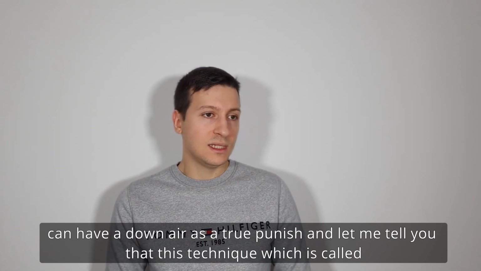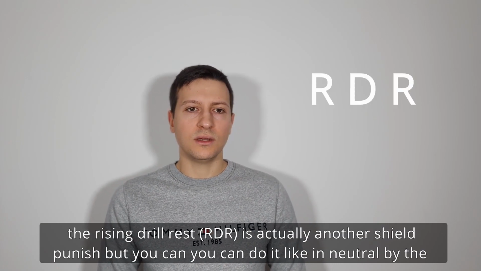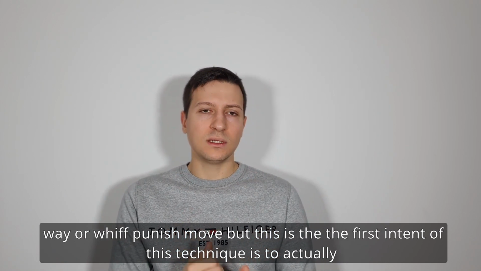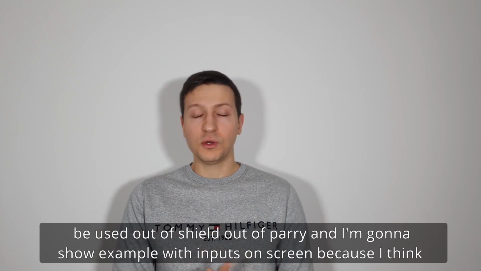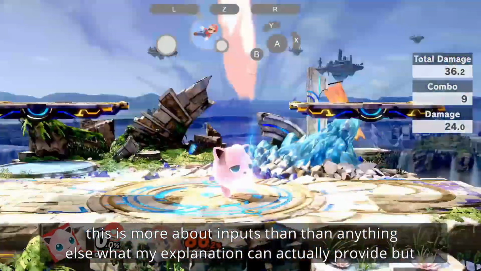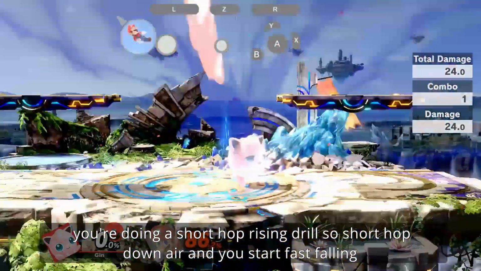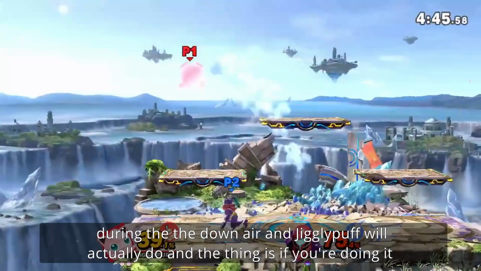And let me tell you that this technique, which is called the Rising Drill Rest, RDR, is an out of shield punish. But you can do it in neutral, by the way, or as a punish move. The first intent of this technique is to be used out of shield, out of parry. I'm going to show an example with inputs on screen, because I think this is more about inputs than anything my explanation can provide. You're doing a short up rising drill, so short up down air, and you start fast falling during the down air. And Jigglypuff will actually do